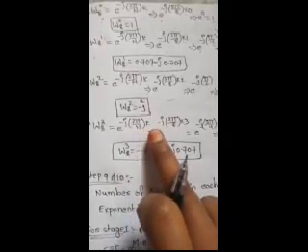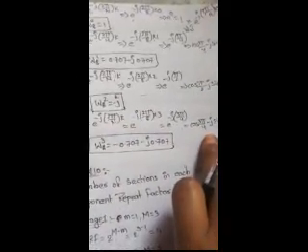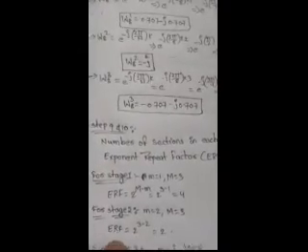Next, Twiddle factor W8 of 3 is equal to e power minus j 2 pi by N into k. So here we got e power minus j 3 pi by 4, that can be written as cos 3 pi by 4 minus j sin 3 pi by 4. Here we got W8 of 3 is equal to minus 0.707 minus j 0.707. So these are the Twiddle factor values. And we are coming to the 9th and 10th steps.